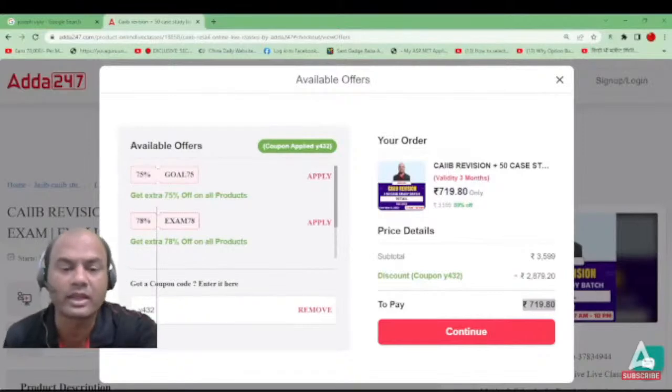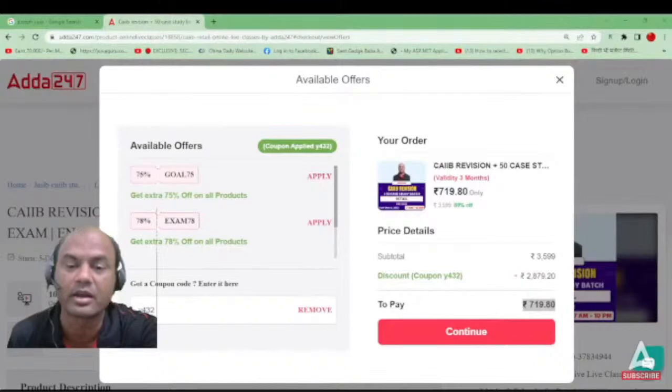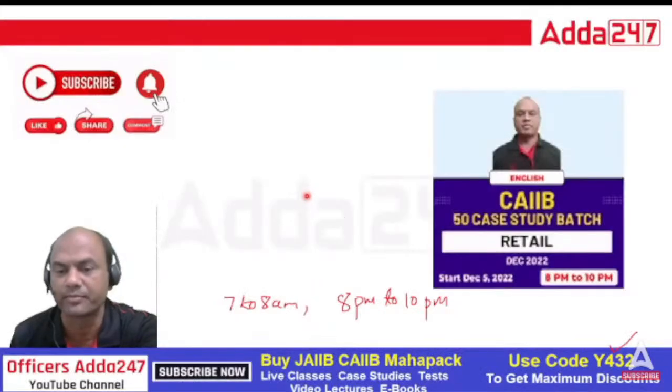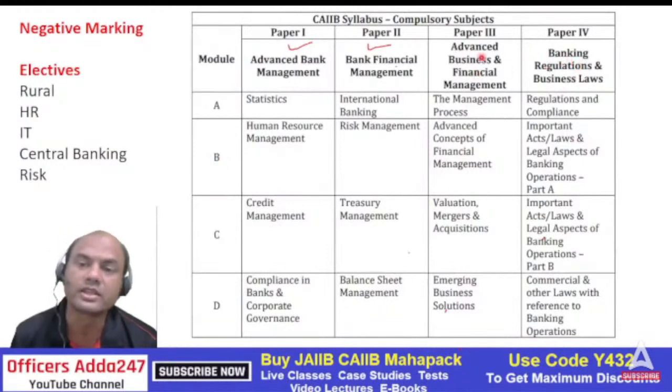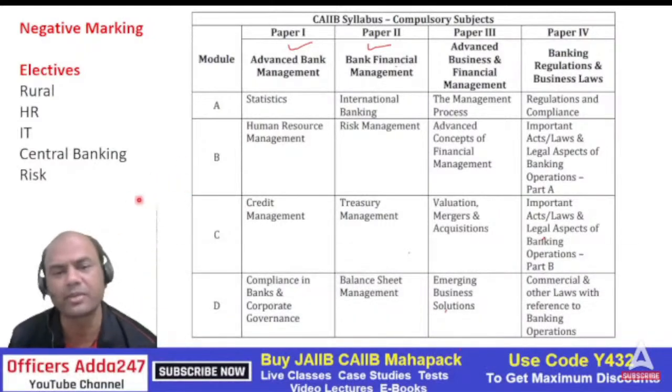Okay. So before going, I'll again tell you about the May 23 exam which is coming up. The portion of that exam is 4 compulsory subjects: ABM, BFM, ABFM and BRBL legal. This ABFM is new. These are the 2 new topics. So these 4 compulsory topics plus electives, all the 5 electives: rural, HR, IT, central banking and risk. Then there is a negative marking. There is also a subjective question which I have not mentioned. So that's why I say, if you have cleared ABM BFM, just clear